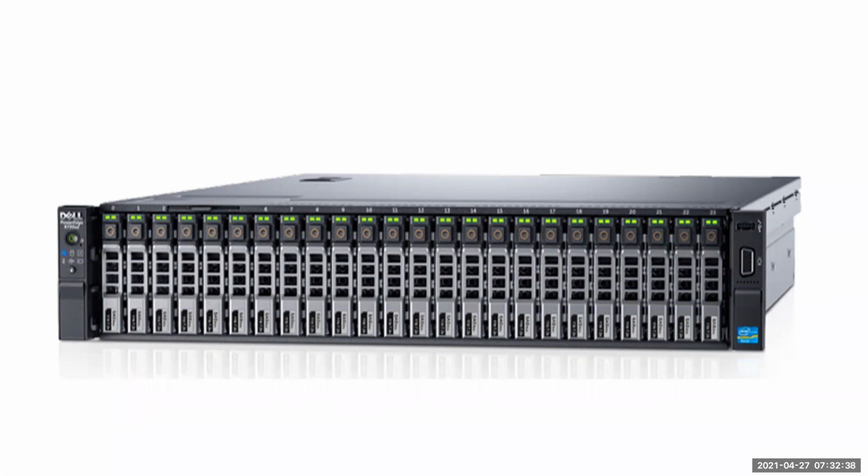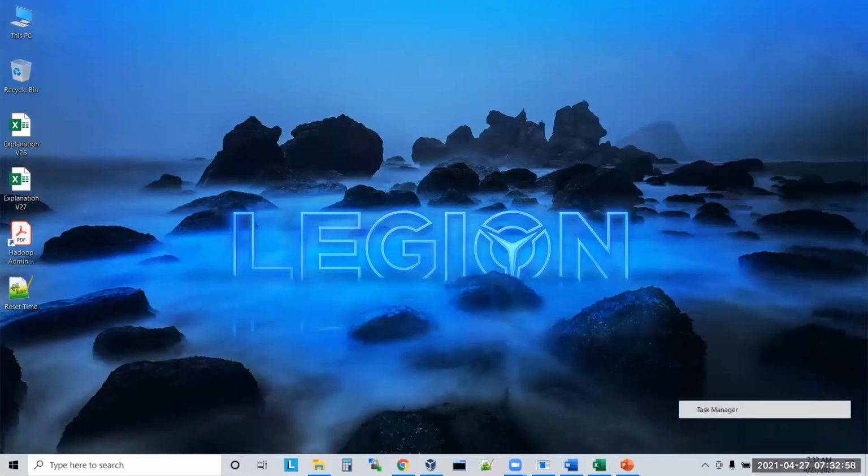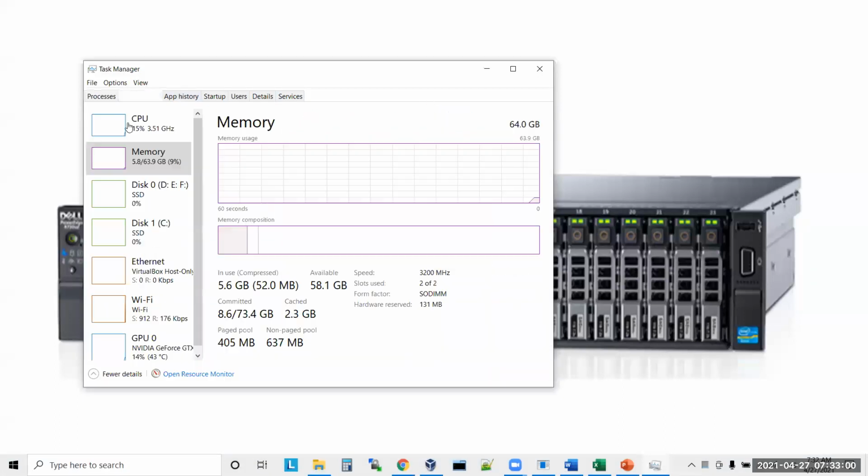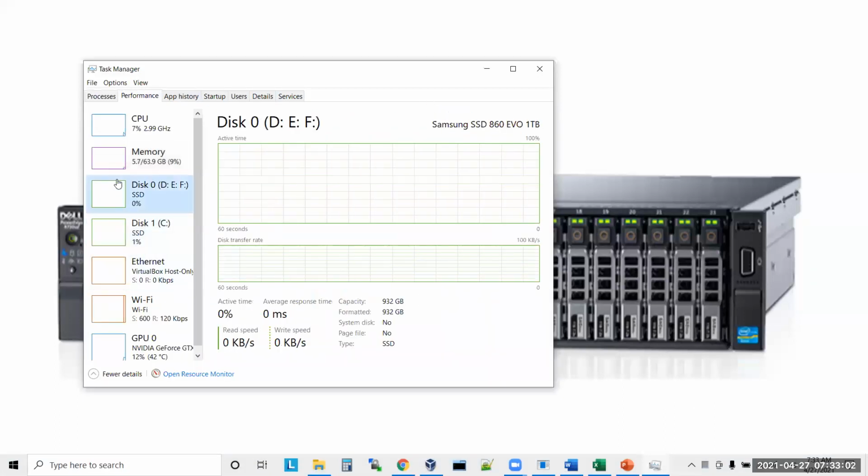But in your laptop, how many hard disks can you insert? Max one, but max two. Your motherboard will support only 2 hard disks actually. That depends on the motherboard. If you see my motherboard, I have 2 hard disks. Right-click on task manager, and if you see performance, disk 1 and disk 0.